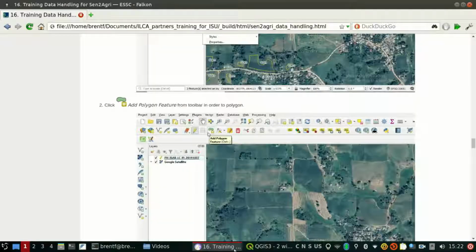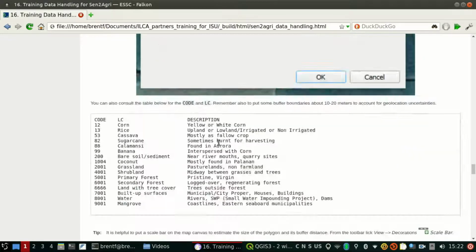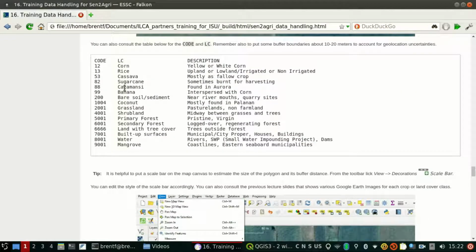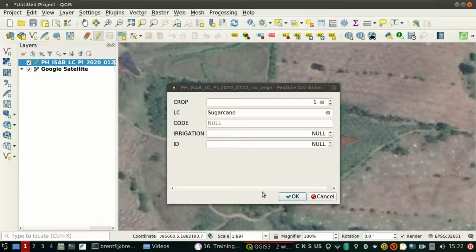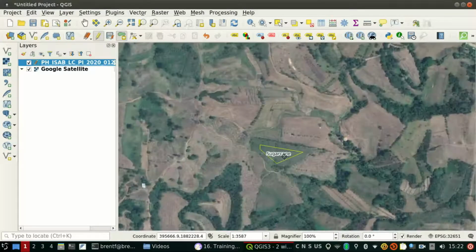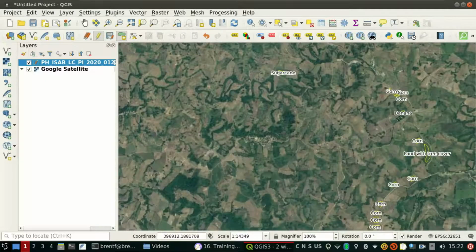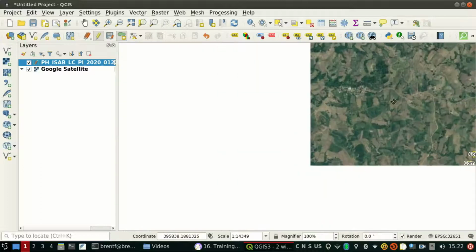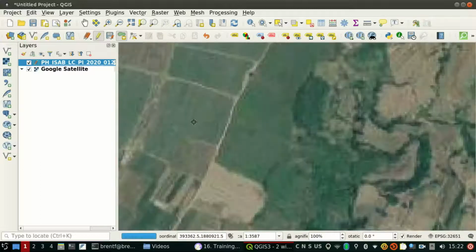For the code, I'll check the code first. The code is 82. Irrigation must be 0 and ID must be 0. Okay. So here,